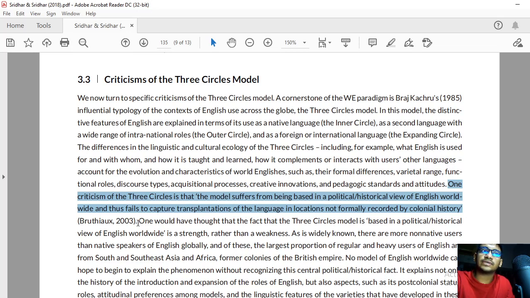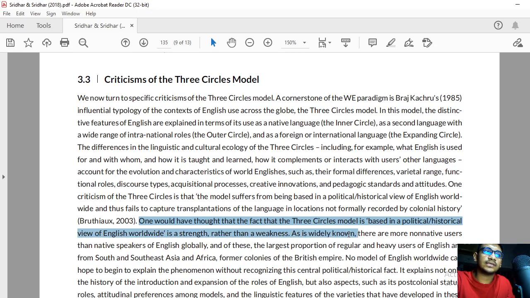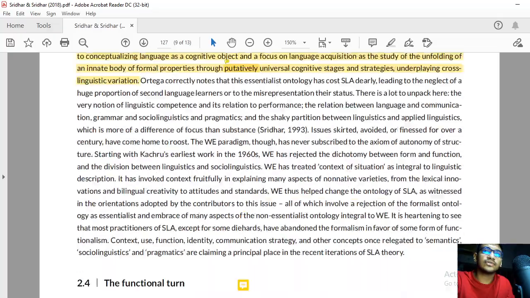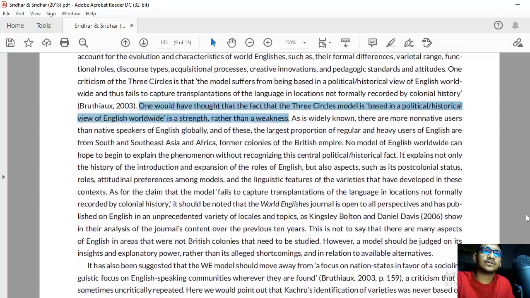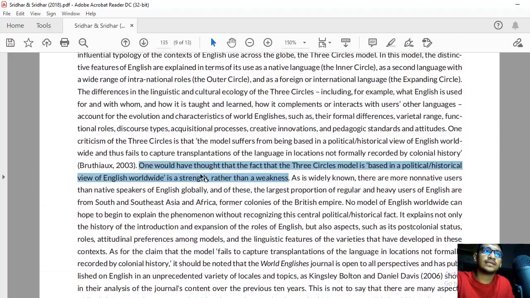So that's one criticism. One would have thought that the fact that the three circles model is based in a political historical view of English worldwide is a strength rather than a weakness. However, the authors Sridhar and Sridhar, they feel that it's actually a strength that Kachru is taking into account the political and the historical view of English